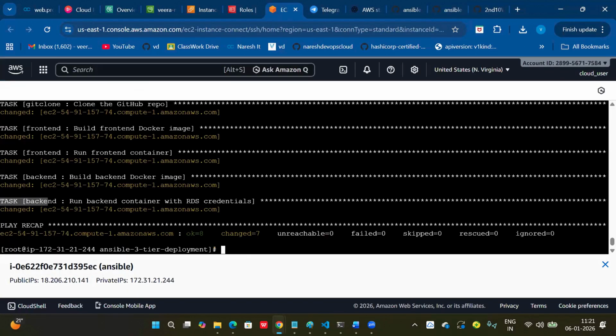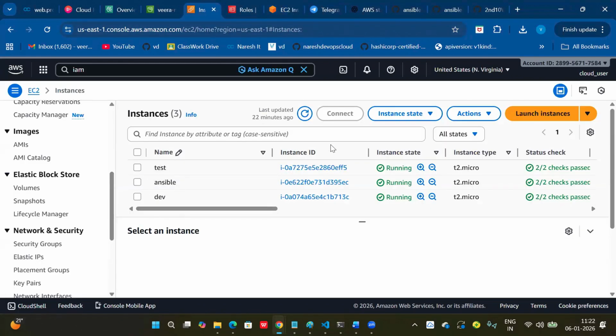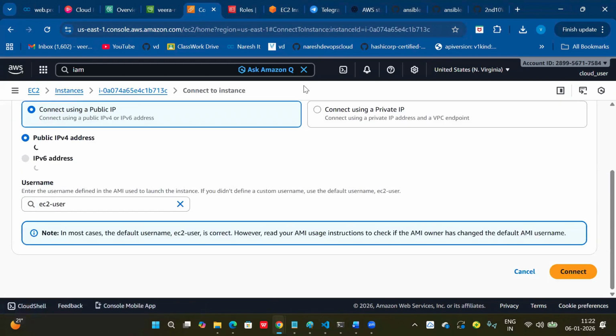See, done. Backend. Now you can check. Why is the Docker command not found? This is the Ansible server only. But where is Docker running? On the target nodes. Go to the target node. Already here.